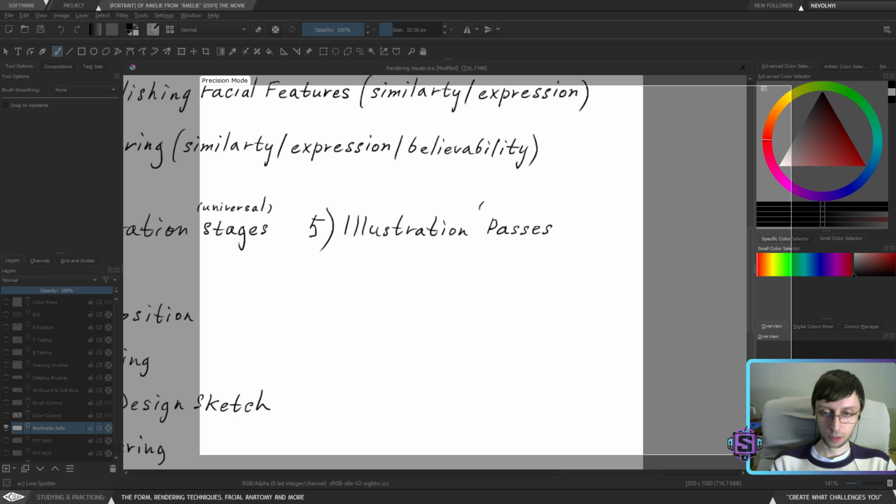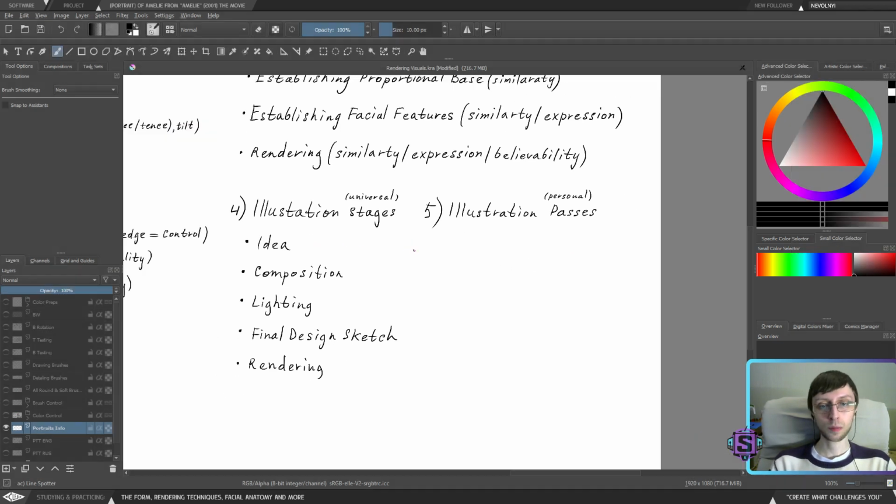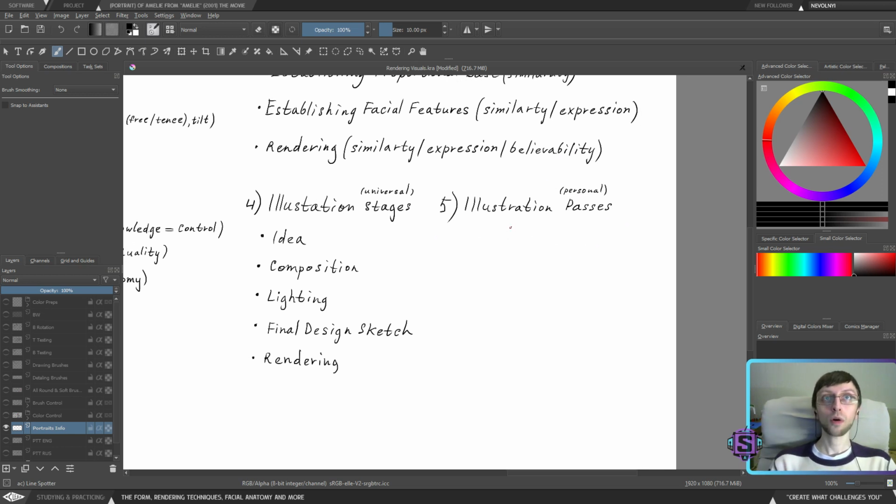Passes are personal. Because passes are personal, they're not necessarily going to be the same for every artist. So I'm going to enlist my own personal passes, and there's a lot of them.